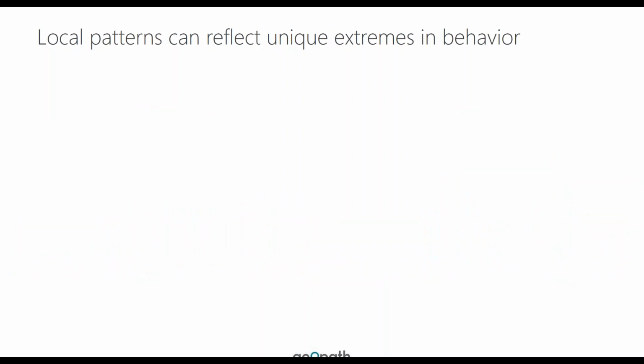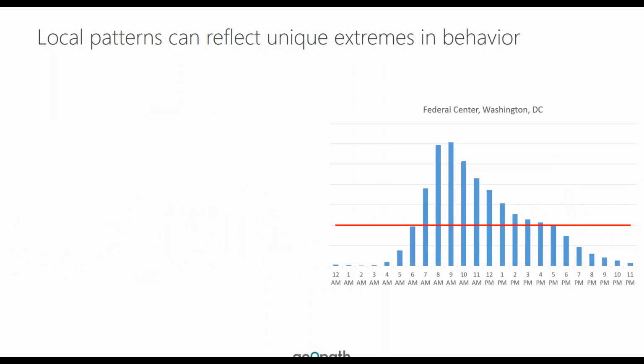And then even local patterns within a neighborhood or an area can reflect just extreme behavior. So this is an example of a federal center in Washington, D.C. And if you know that area, very heavy working area with mostly government buildings. There's not a whole lot to do other than commute into work, and after you leave, head home. And that's very reflective in these patterns, and especially reflective of the DC commuting area, where you see a ton